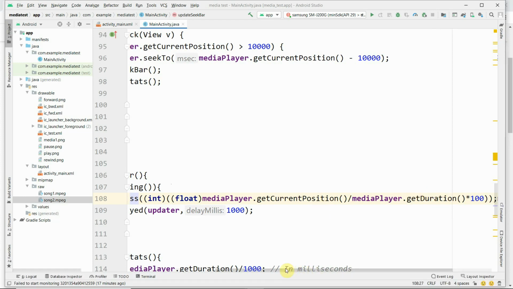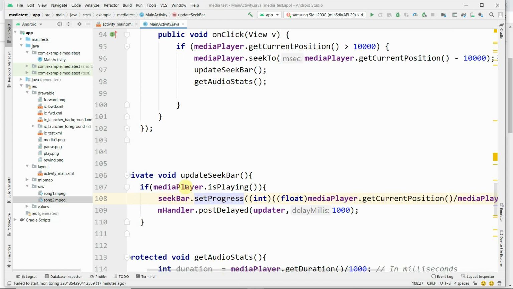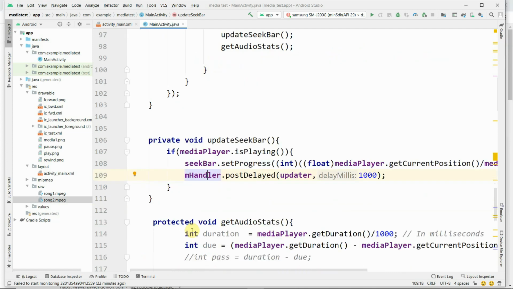Then we set the seek bar progress, and the mHandler.postDelayed method is called. The mHandler object is used to control the playback process of the media player.